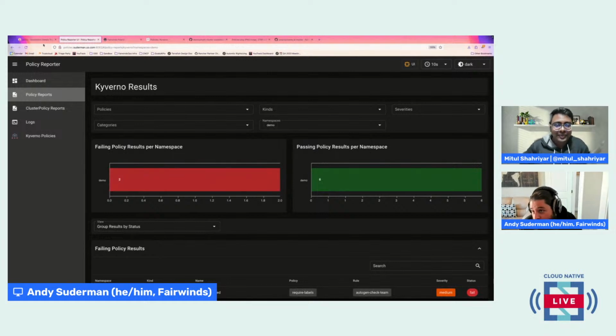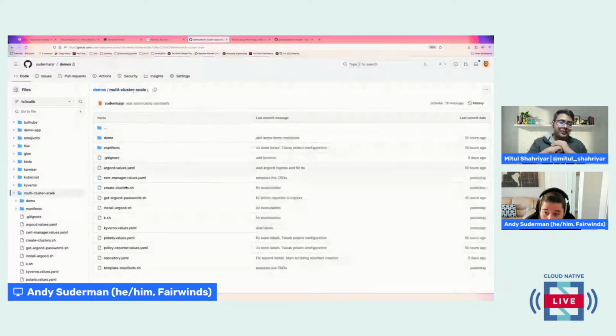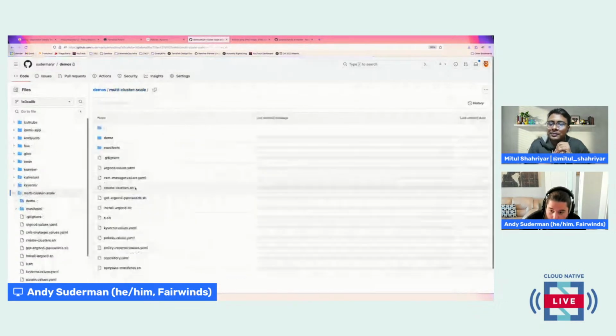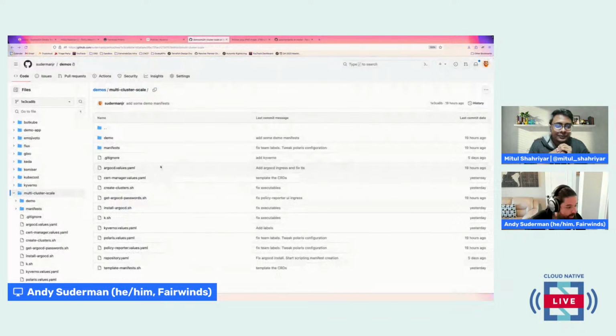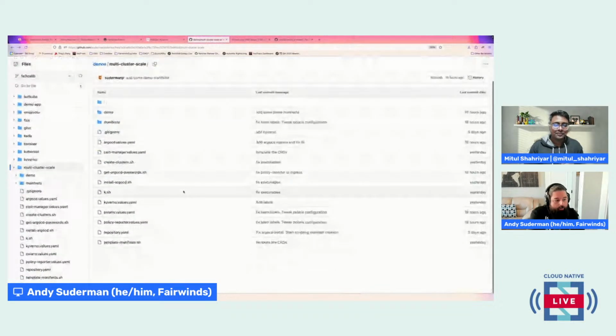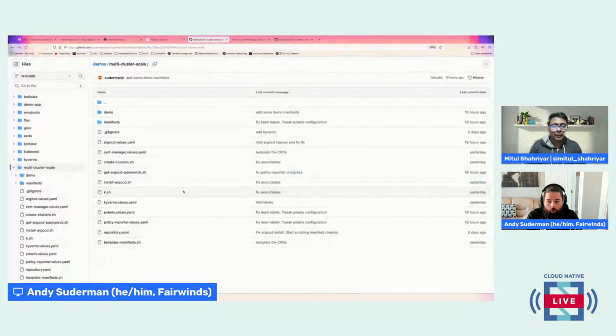I don't have anything else really to show as far as the demo. You can go to the repo and run the create clusters script and the install Argo CD script if you want to take a look at all of this side by side. It does automatically deploy via Argo CD all of those various things. So I'll add a quick README to this later for folks who want to try out the demo themselves, maybe tinker with Polaris and Kyverno and CEL in validating admission policy and pod security admission all side by side, because we do have a ton of different ways of doing policy. And I do think a layered approach is going to be appropriate as we go forward.